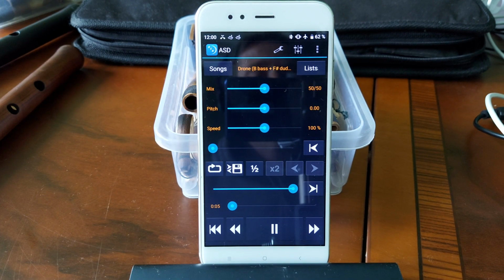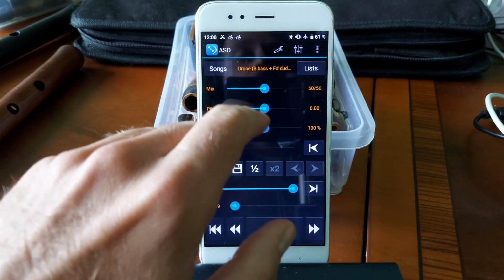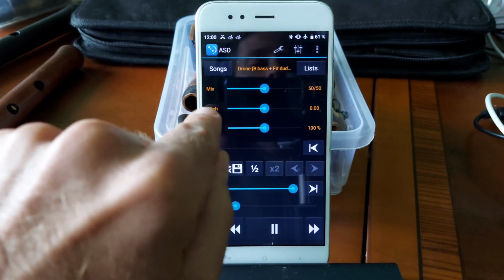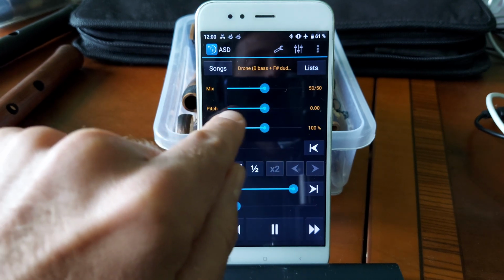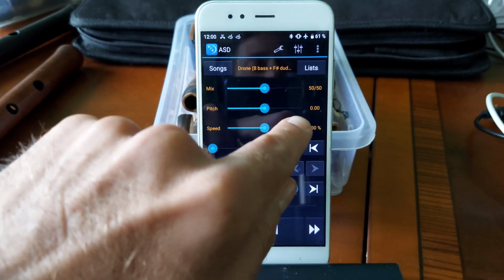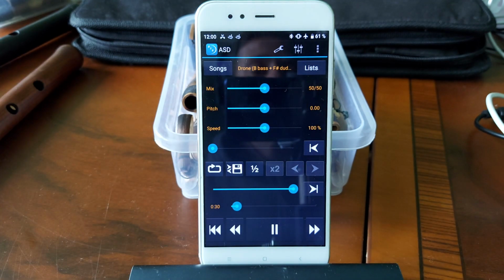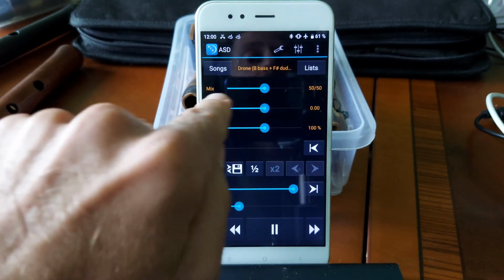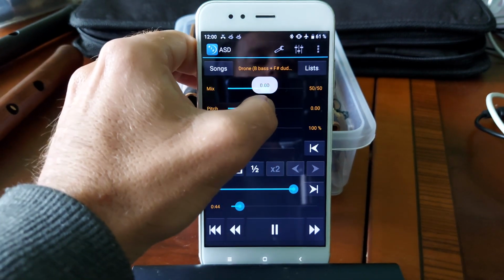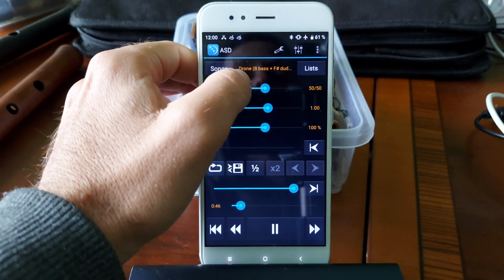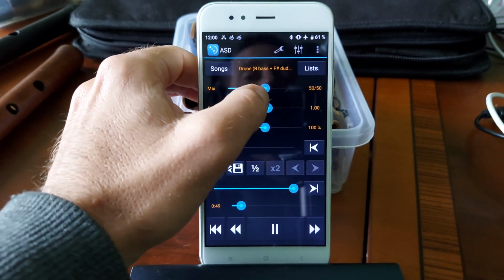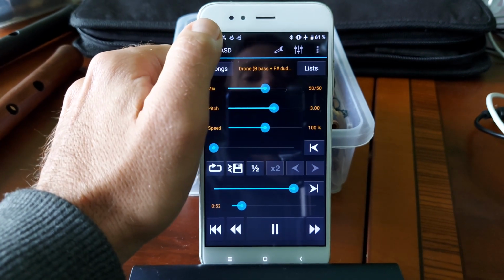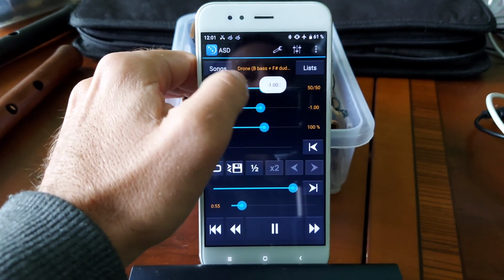Now you can hear the drone, no? And here you can go left and right with this line, which is called pitch. Now it is on 0. That means the drone being played right now plays just in the pitch it was recorded. It is not pitched up or down yet. Now we can do it here, moving the bar left and right. So it is 1 semitone sharper, 3 semitones sharper, like that, or you can go flatter.